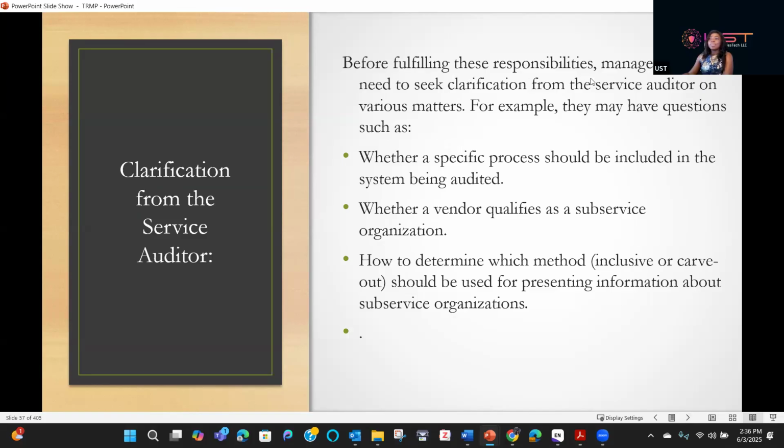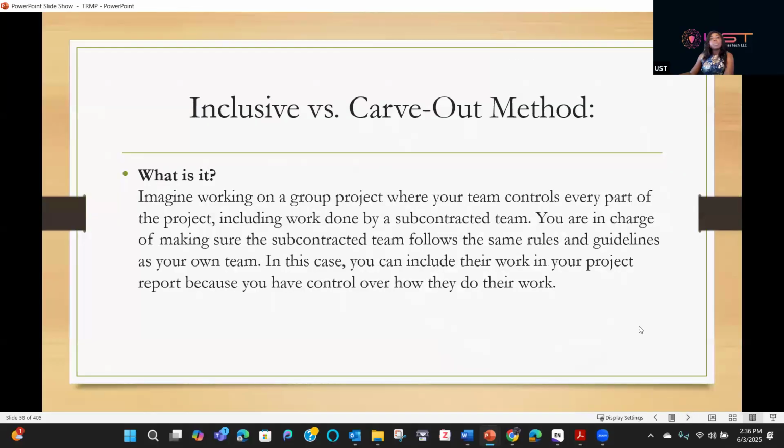Before fulfilling this responsibility, management may need to seek clarification from the service auditor on various matters. For example, they may ask questions such as whether a specific process should be included in the system being audited. It's very, very normal to clarify your doubts before you even engage. Whether a vendor qualifies as a sub-service organization, this is your vendor, you can also ask that. How do you determine which method, could it be inclusive or keep out method, should be used for presenting information about a sub-service organization? These are all questions or clarifications that management can ask of the service auditors. And with that being said, in the next slide, we will talk about inclusive versus keep out